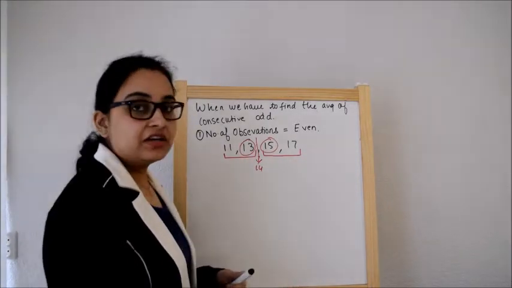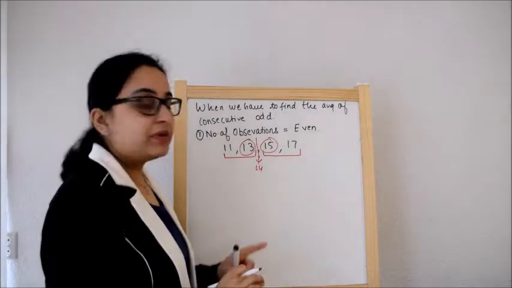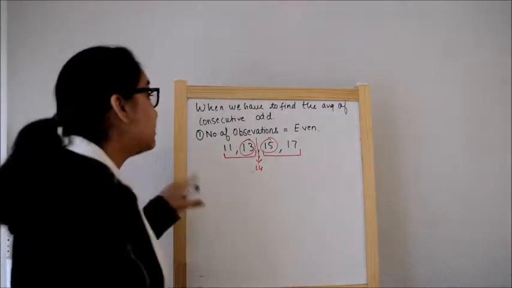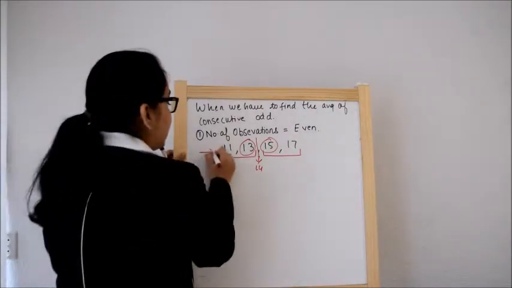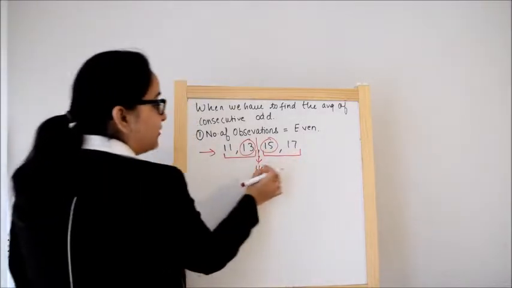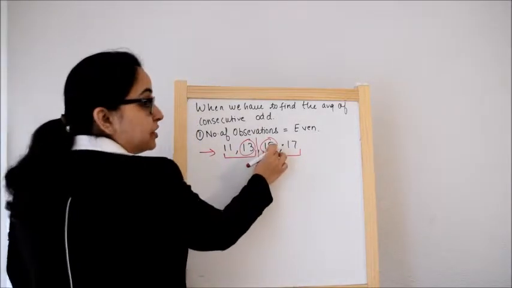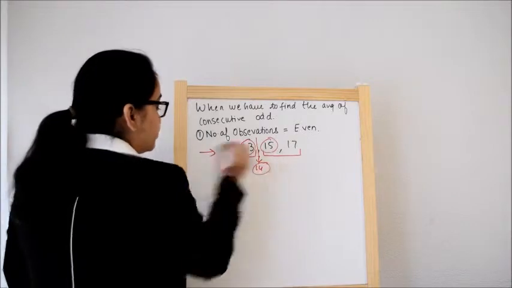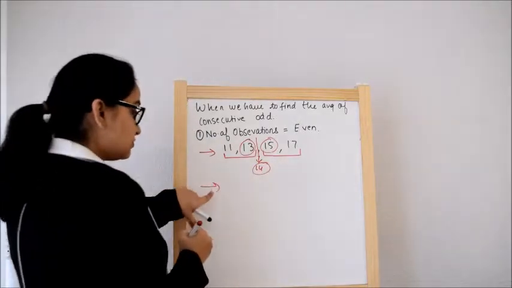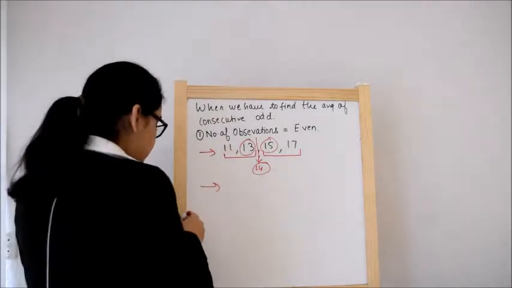Okay, you can find the average by the long method. You will find 14 only, right? But there is another method. This is one method. You have to separate it in 2 halves and the number between the middle terms will be the average. Okay, now the second method is you have to take